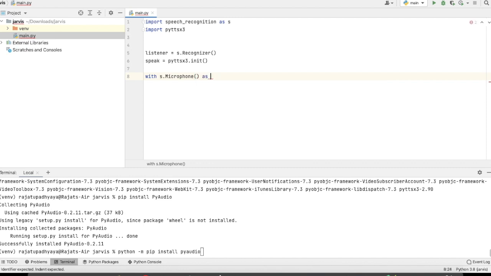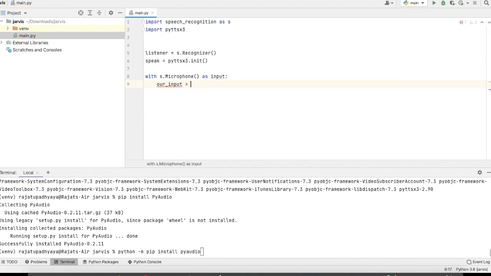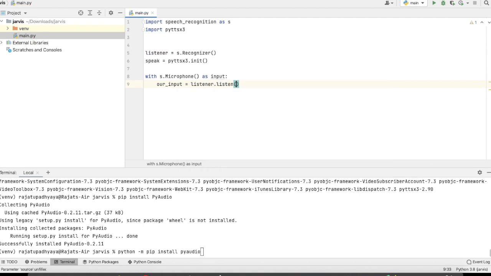As we are taking input, here we are creating one variable, our input, equal to listener dot listen, and we will pass the source.